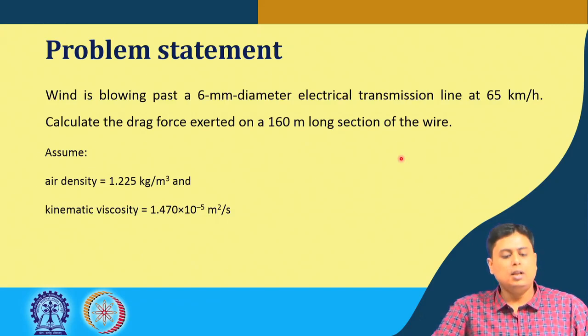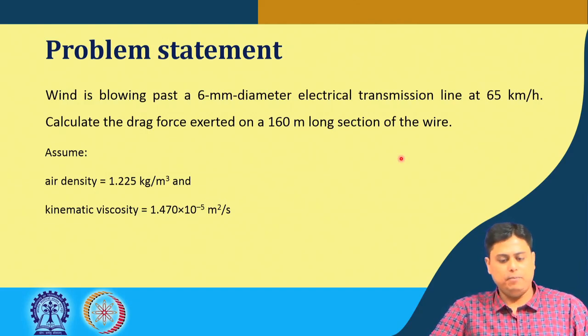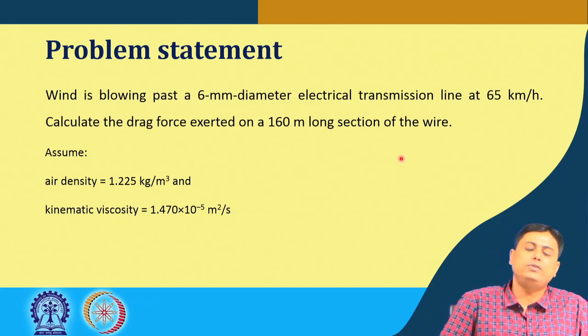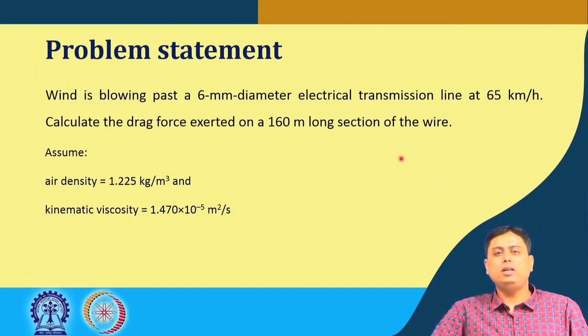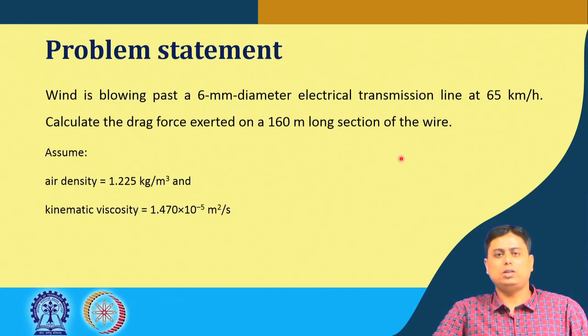So, the thing that should immediately come into your mind is that we have to calculate basically the overall drag force, that is the Fd. For the calculation of Fd, we need the drag coefficient value. Drag coefficient value depends on the Reynolds number. So, first of all we have to find out the Reynolds number. Based on the Reynolds number, whether it is in the laminar, turbulent or mixed region, there are correlations or plots available.